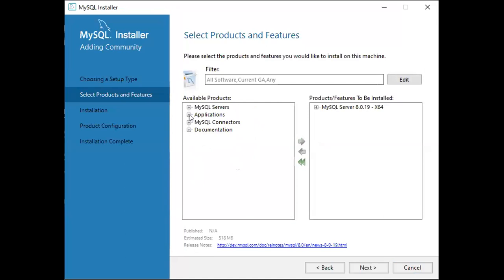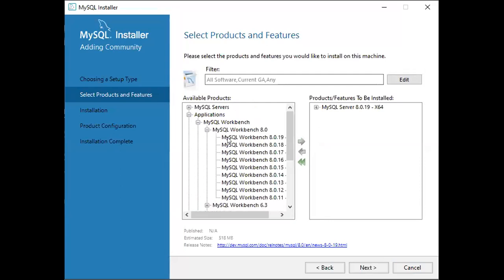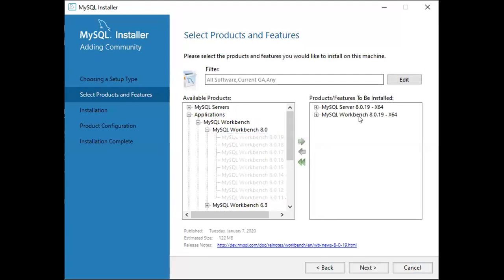Then in Applications, I want Workbench. Go to Workbench, click on the plus symbol, that means expand, select the latest Workbench and click here, so it will be installed. This window shows the components which we are going to install in our computer.